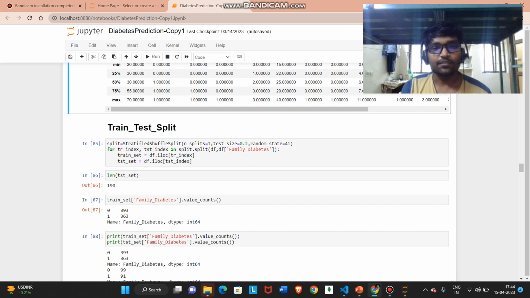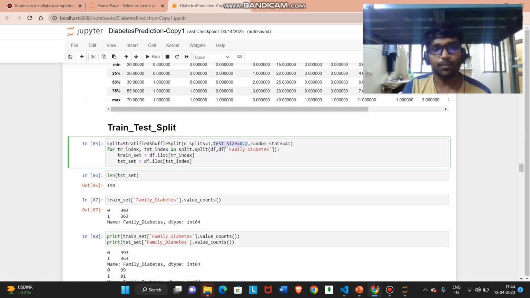And coming to the train test split, we have used stratified shuffle split, and the test size is 0.2, which indicates 20% of the data is for the testing dataset. Here we give some categorical attributes that are highly correlated with the dependent attribute. In this case we have considered family diabetes, so it ensures that in this attribute the two classes of the values are equally